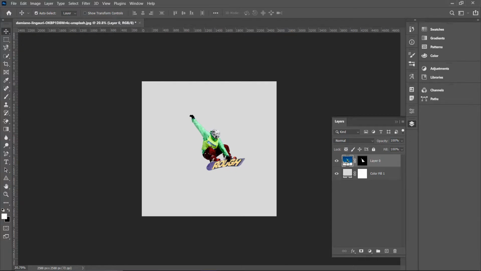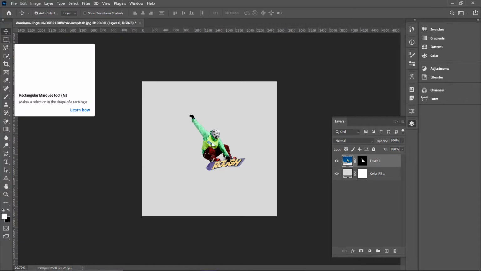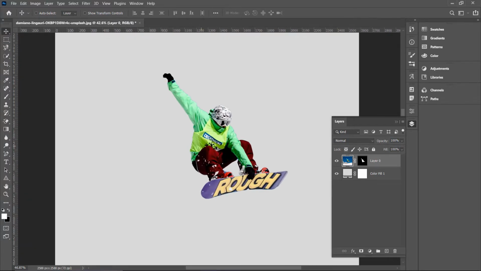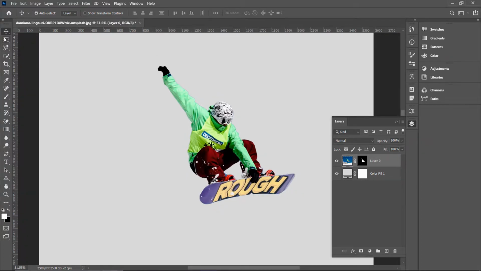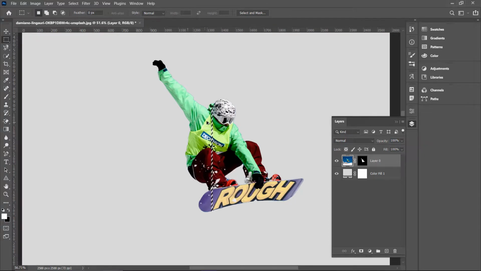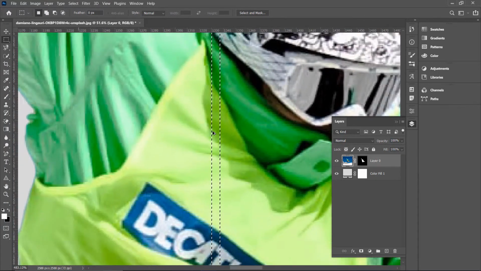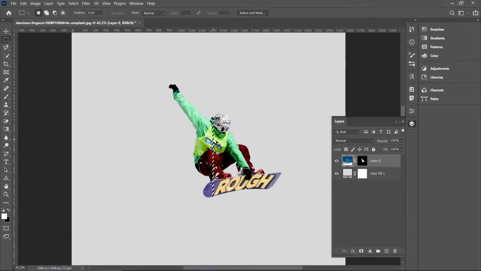Let's select our subject layer, and make sure your layer image is selected, not the mask. This is really important, because if your mask is selected, you're not going to select the pixels. So let's zoom in, select the rectangle marquee tool and make a small selection. Make a really small selection of a part of the body, just some pixels. We are selecting some colors so it will be like a flow. That's why we are selecting these colors, and you can choose colors from anywhere, as you like.